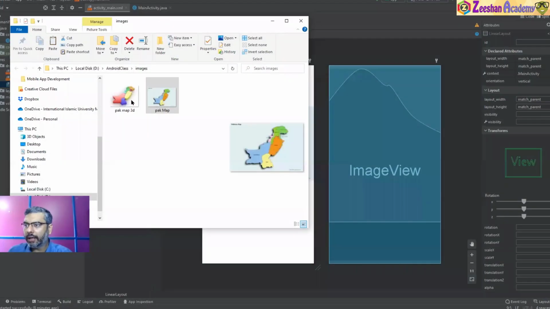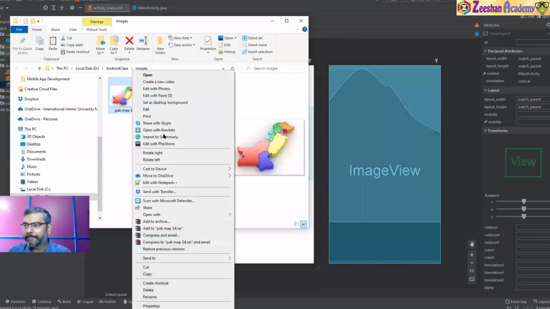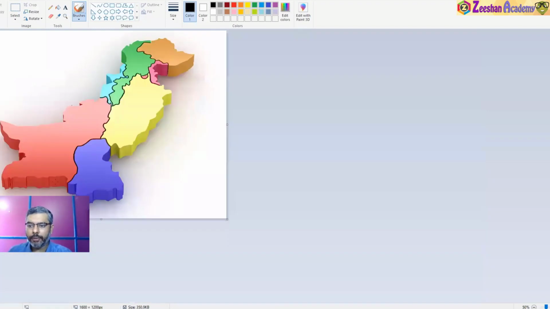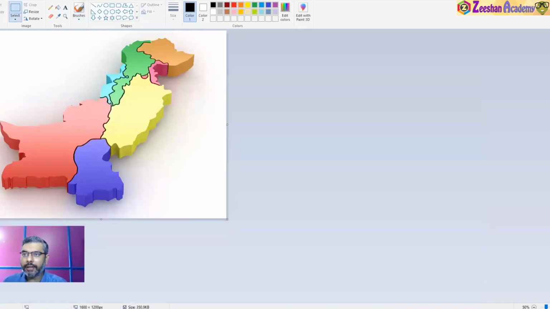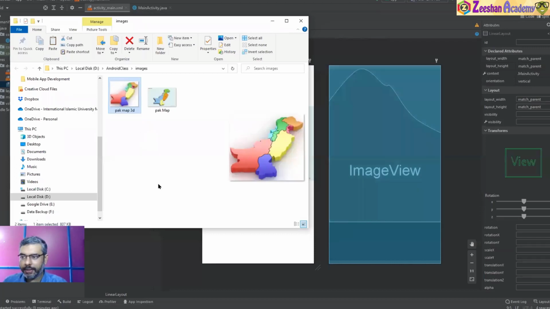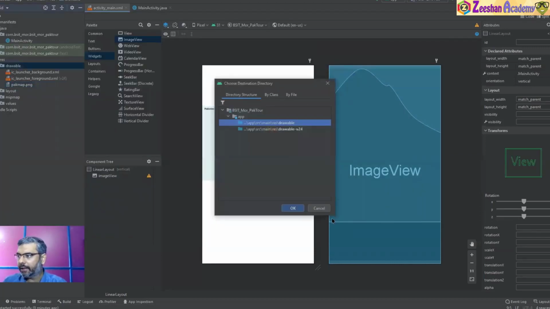Okay, so we need a higher resolution image. This is better. So I right click, edit this image. Hopefully this is reasonably good. And then I select and let me crop out the additional unwanted areas. Crop this, save this, and let's just copy this, bring this image here, go inside drawable, paste it, select drawable